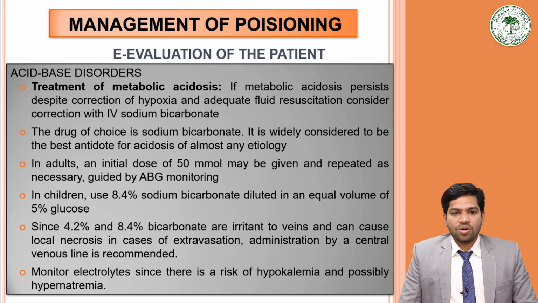Then we must know the management and details of the acid-base disorder. We already learned in the previous class that acid-base balance is affected in many poisonings. Normal arterial blood pH is 7.4, and blood pH less than 6.8 and more than 7.8 carry a profound risk